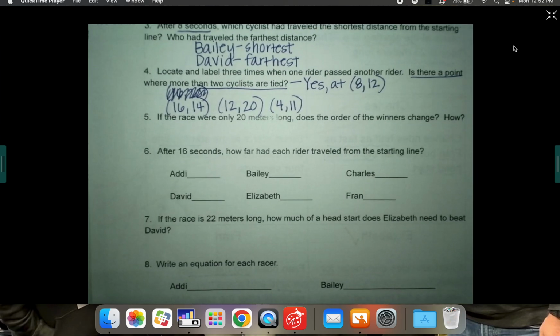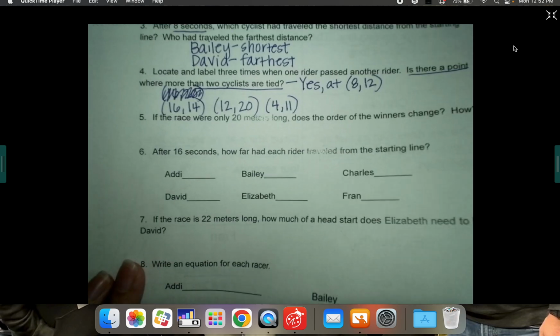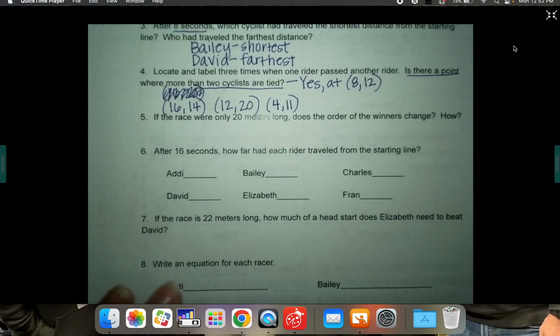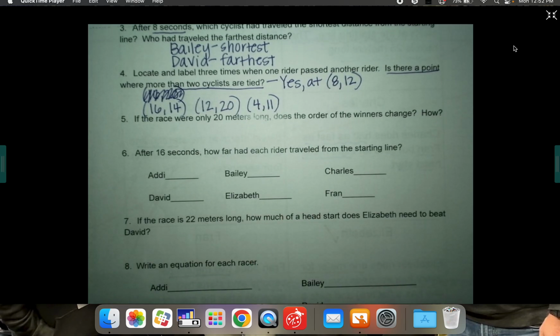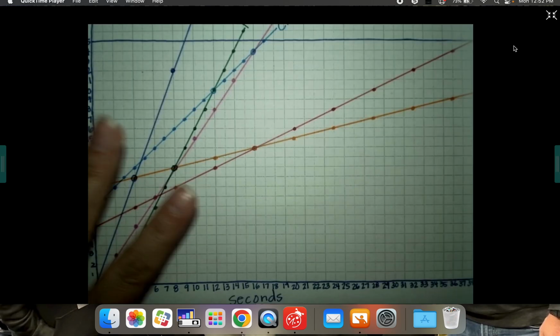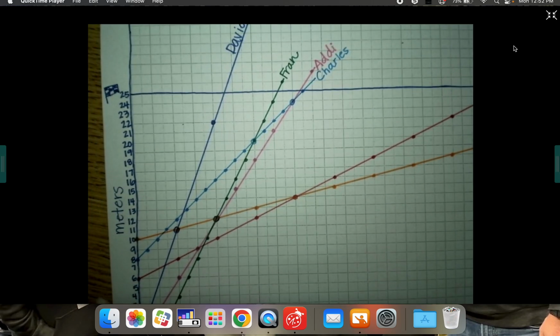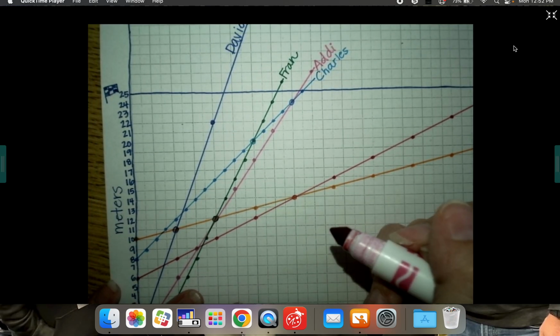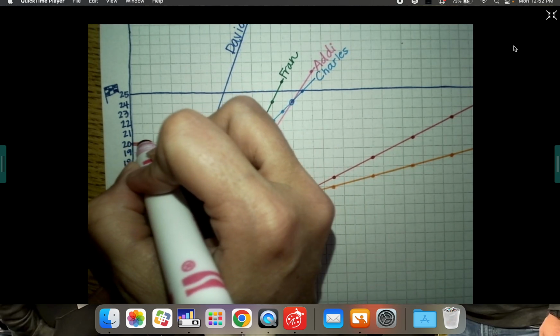Okay, here's where all the questions, even if you guys have been with me and understood all of it up to here, they got a little bit confused in my other class. So this says, if the race were only 20 meters long, would the order of the winners change? So here's what I'm going to do. You do not have to do this on your paper, but at least you need to look at mine so you have reference. If the race stopped here,